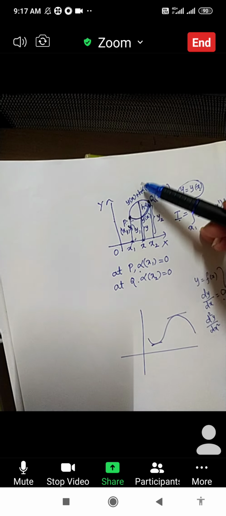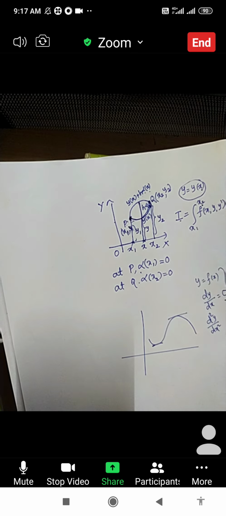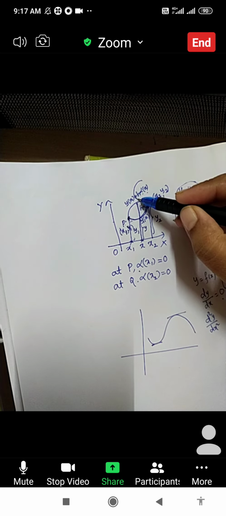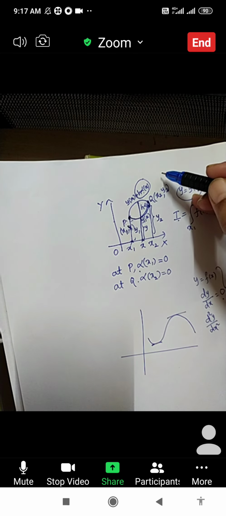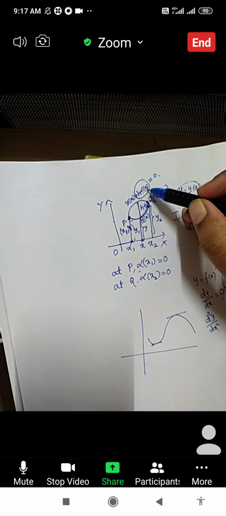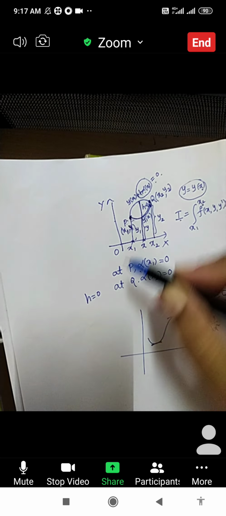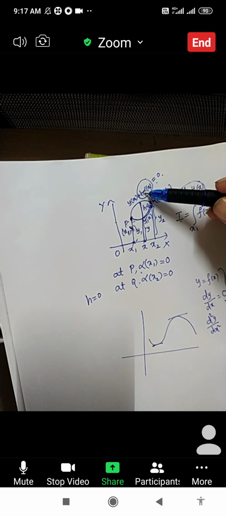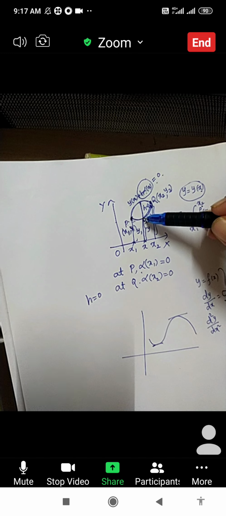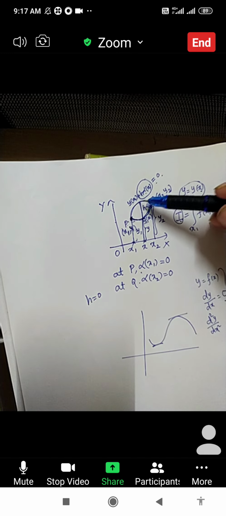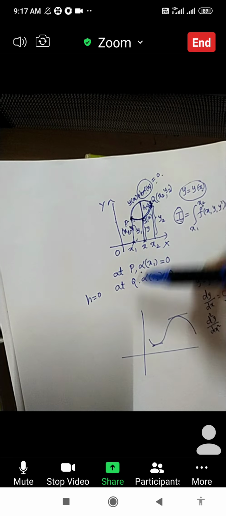In this curve only you have to get one condition. Now I want y of x only. What should this value be then? 0. Now alpha of x is some arbitrary value, so we will not take this as 0. But what can we take now? Suppose h is 0. If h is 0, this quantity becomes 0. Agree? So isn't it your curve, this curve coincides with this. So I is extremum along this curve, and our neighboring curve is going to coincide with this when h equals 0.